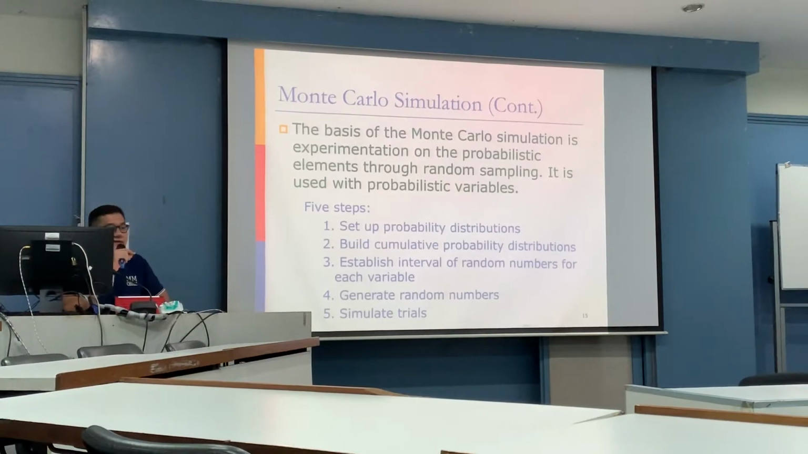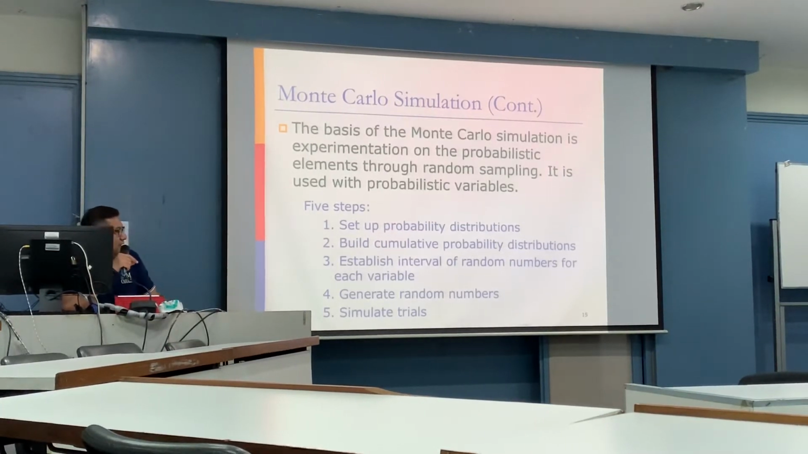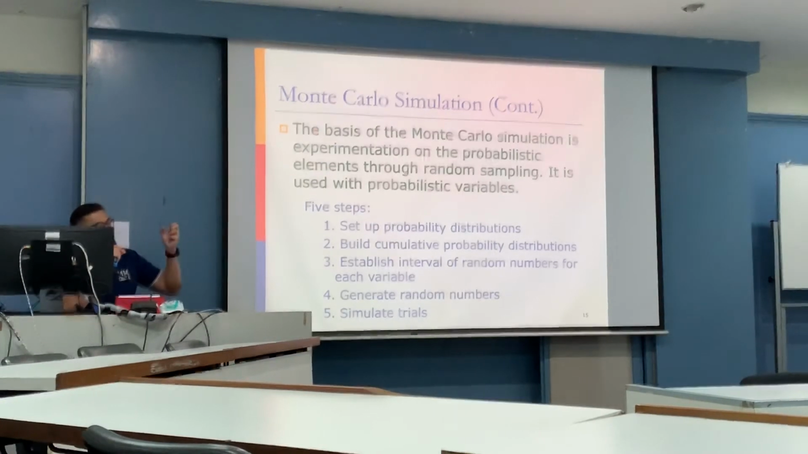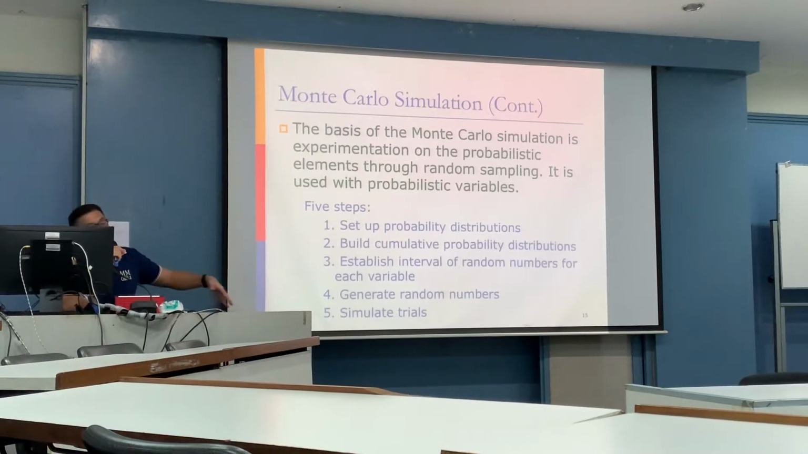The third step, based on the cumulative probability distribution, is to develop the range of random numbers for that variable. Then the fourth step is to generate the random number. We have several ways to generate random numbers. Then we do the simulation trial by using the random number to recheck against the random number intervals from the earlier step, and then we can estimate the value. For example,